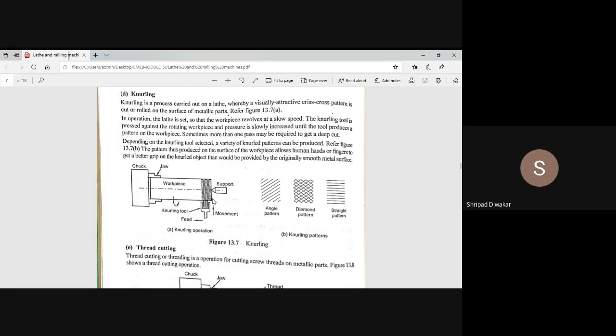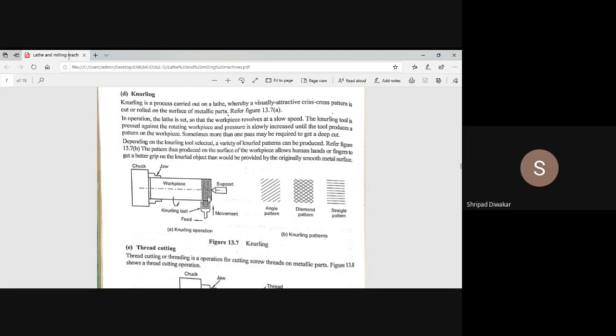Suppose if you give too high a spindle speed, in that case there will be chances of breakage of the cutting tool. In order to avoid the breakage of the cutting tool, we have to give less spindle speed, and the tool moves in a direction parallel to the axis of rotation. Whatever extra material comes out in the form of chips, we supply lubricant to remove the chips easily. As the tool moves for a number of passes, we get this required pattern.